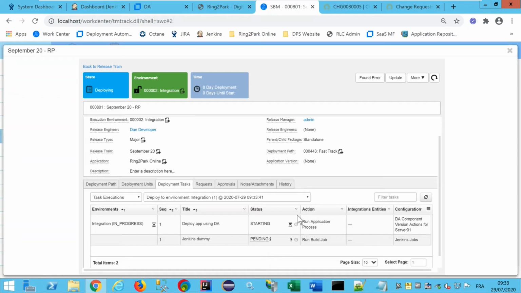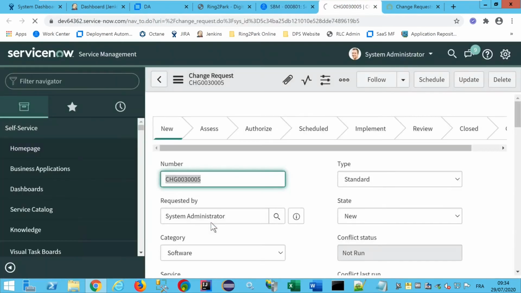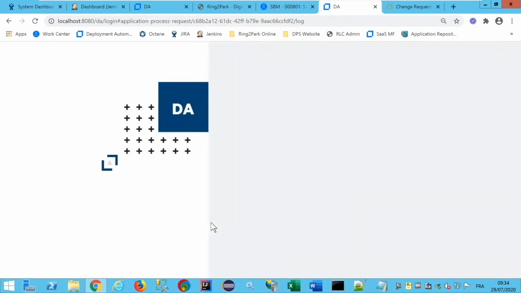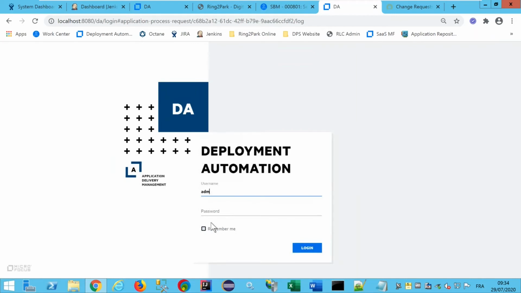The first one is in progress. I remind you, it will be a call to deployment automation to execute a deployment of these applications. I can click on the link and have a look at deployment automation, to see what happens there.